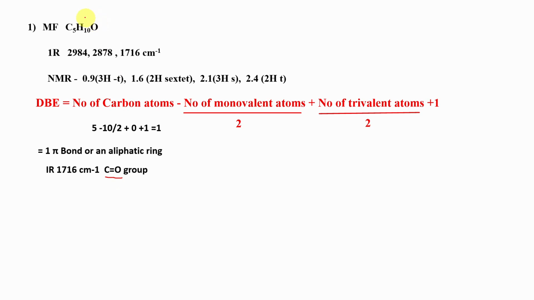Here is an oxygen atom of the carbonyl group, and so the 1716 centimeter inverse indicates the presence of a carbonyl group. Then the 2984 and also 2878 are the typical values of CH stretch or carbon hydrogen sp3 stretch. Then see the NMR values, 0.9, 3 hydrogen triplet. That means a CH3 group is directly attached to a CH2 group, and 1.6, 2 hydrogen sextet, 1.2, 2 hydrogen